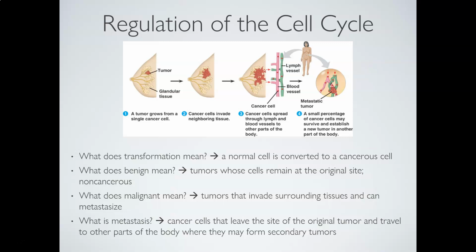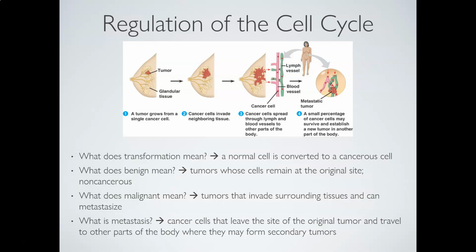So when that initial tumor starts building, we now have a situation where those cells are lacking that density dependent inhibition. They're growing on top of each other, they're massing together, rather than staying in the thin sheets that they're supposed to grow in as tissues. And so then we start questioning, once that tumor has been found, it becomes biopsied by medical professionals, and we're looking to see whether or not that tumor is benign or malignant.